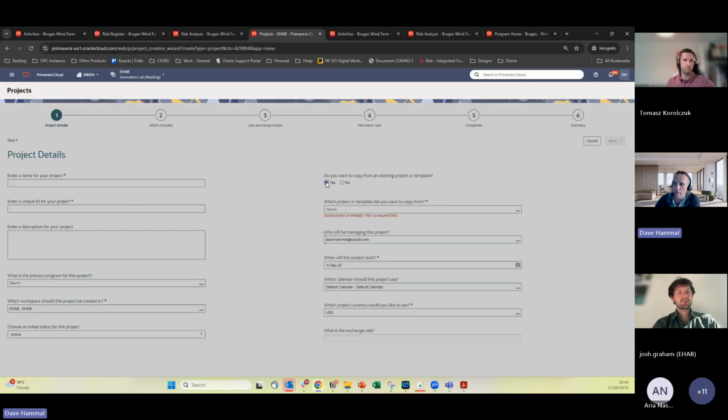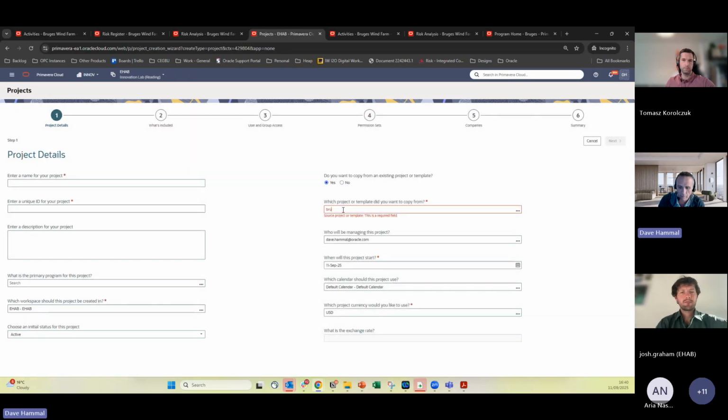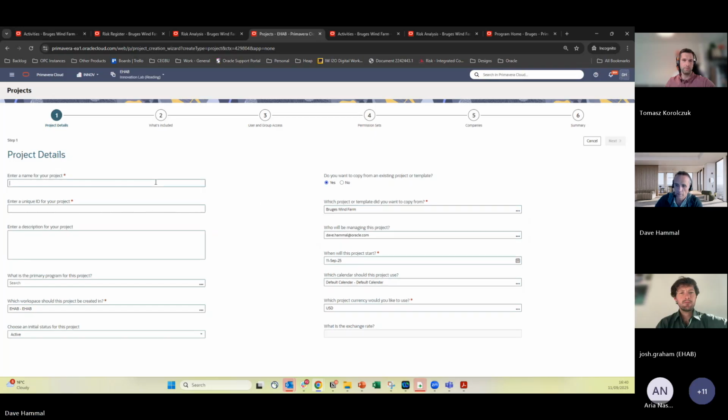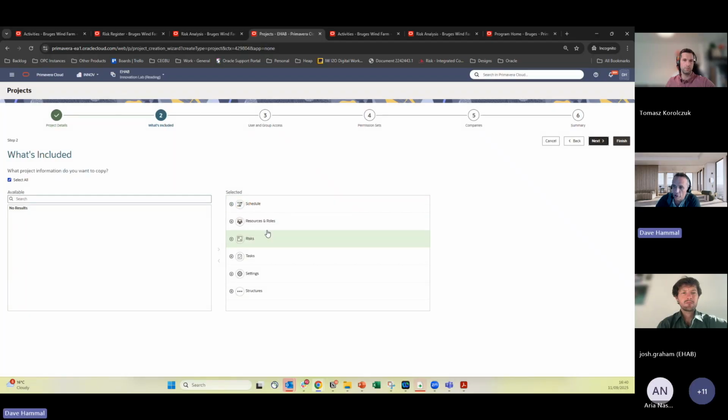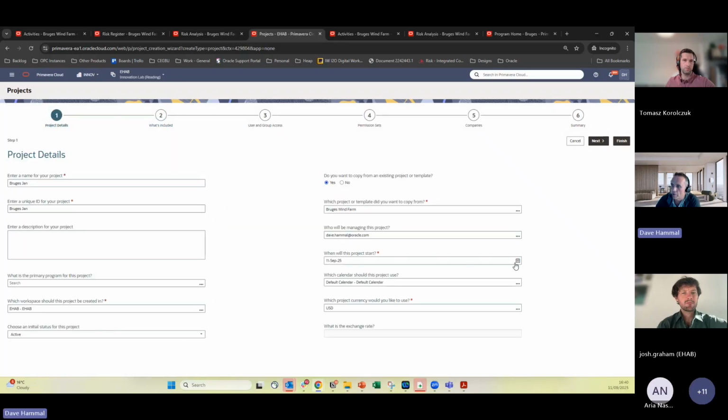So I could take a copy of my existing project that we've just been looking at, and ask what if it was starting in a different month? So make a copy of this particular project. I'm going to keep all of the schedule and all of the risks in there, but I'm going to push the start of it out to, let's say, January instead.